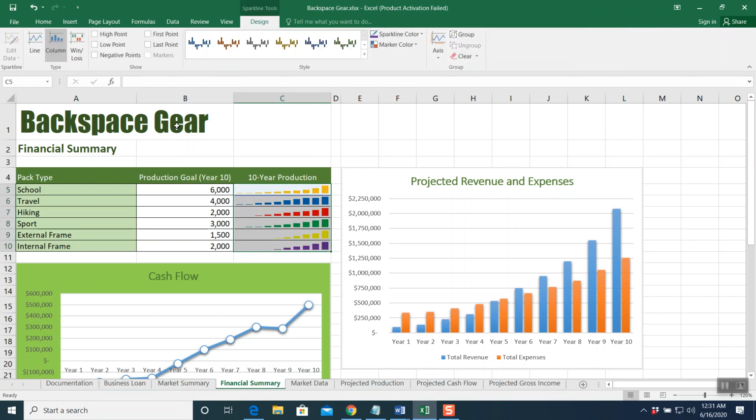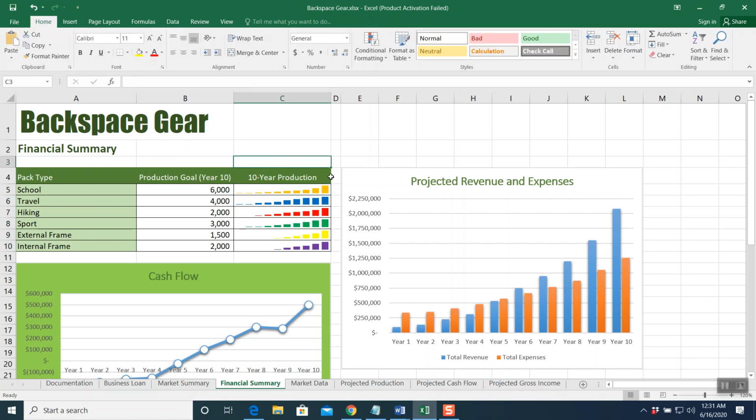I need to put it as sparkline line. So this is how lines look like. This is how win and loss looks like. So we have different styles and different colors. This is called sparklines. And now the last kind of charts or graphs we are going to create,